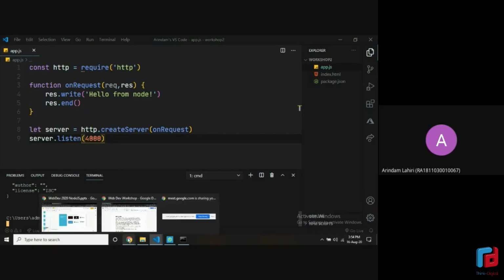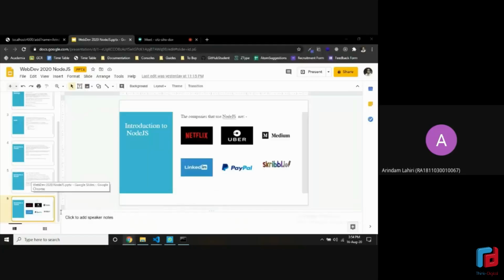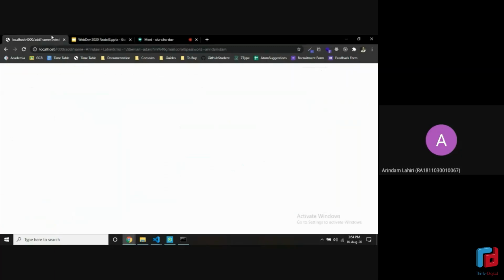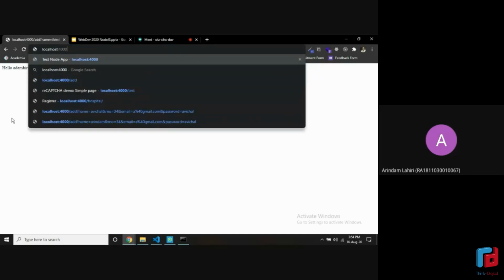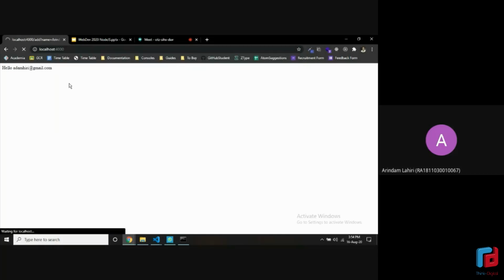Now I would like you to go back to your browser, open a new tab, and just go on localhost:4000. All right, localhost:4000. It would be given in the chat box if it's difficult to read here, and just hit enter. It will take some time, and it will show up hello from node.